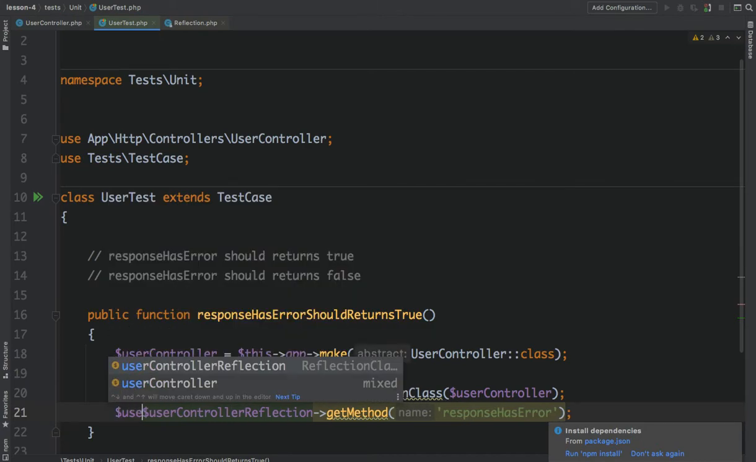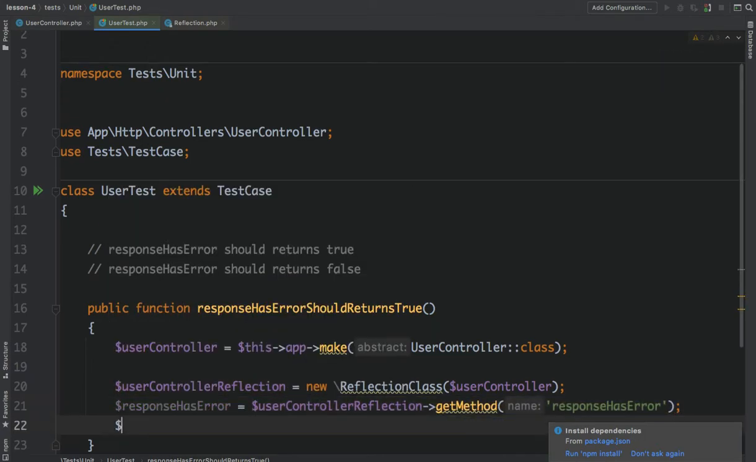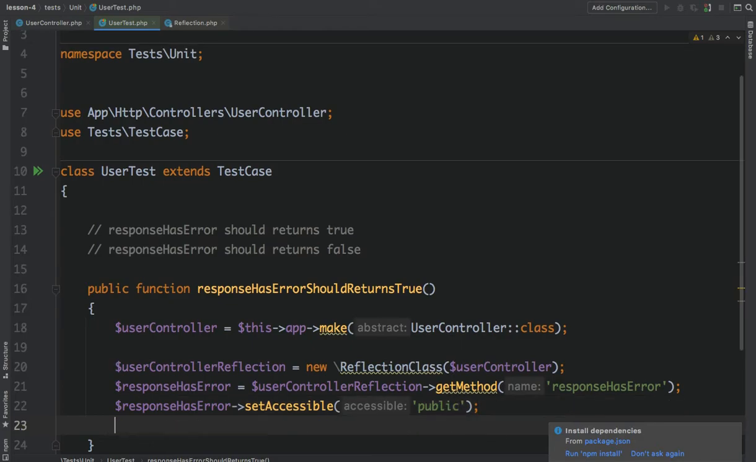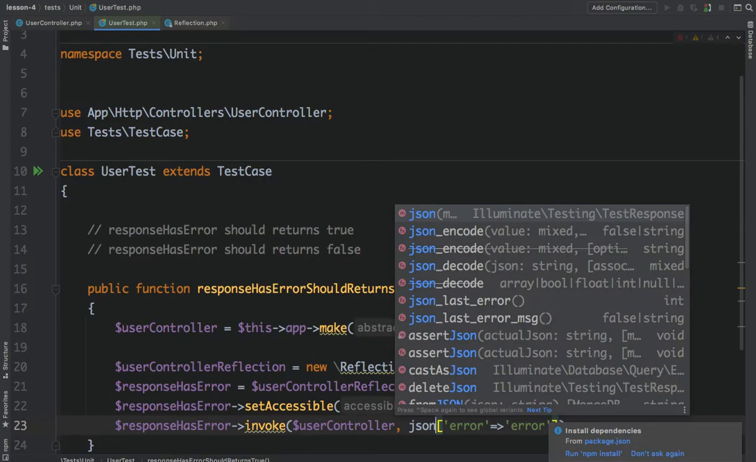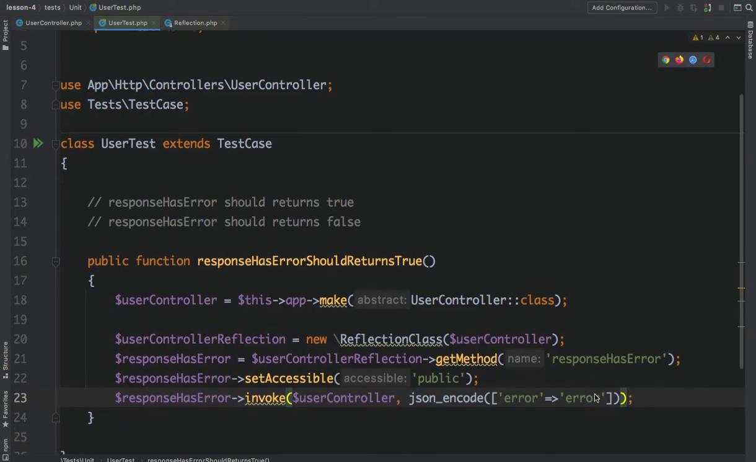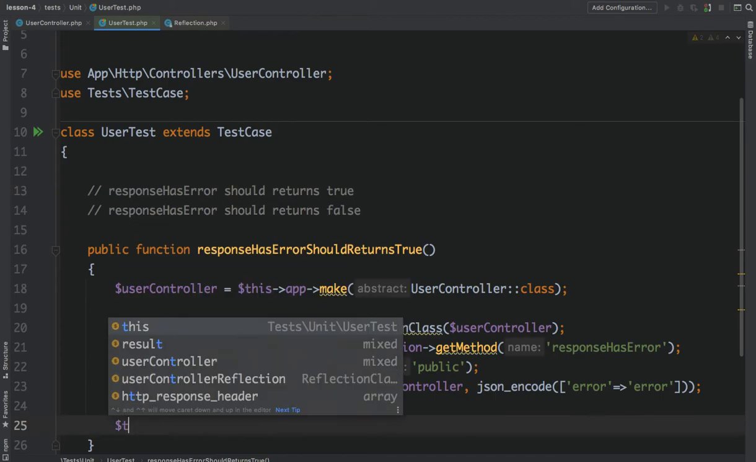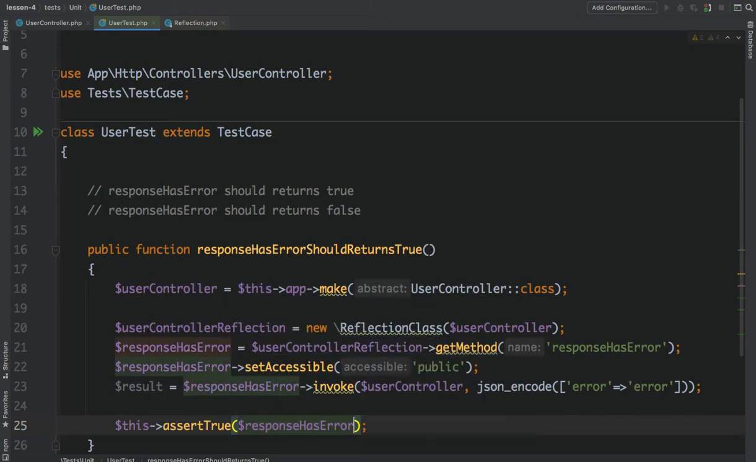Okay, so now, oh sorry, responseHasError, and then set accessibility to public, and then responseHasError invoke the user controller class with an error, and here you can JSON encode it. And definitely it should now return true, so we'll say the result is assert true result. And if I run the test now,